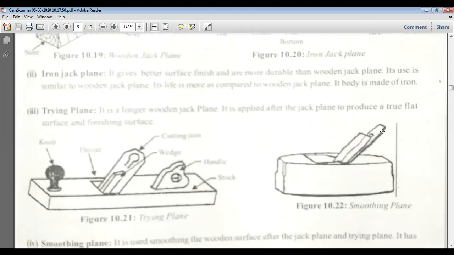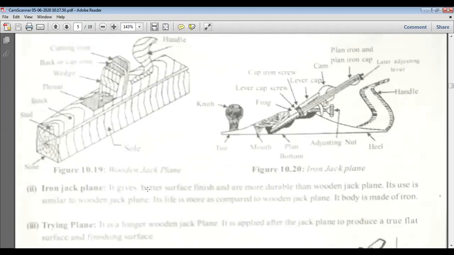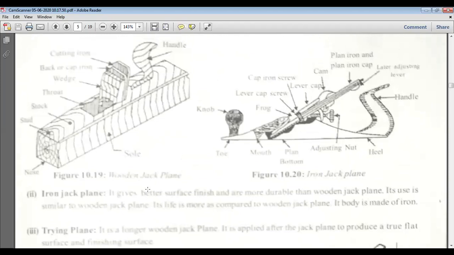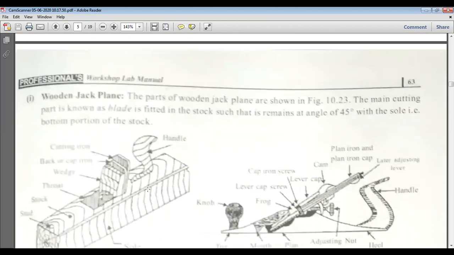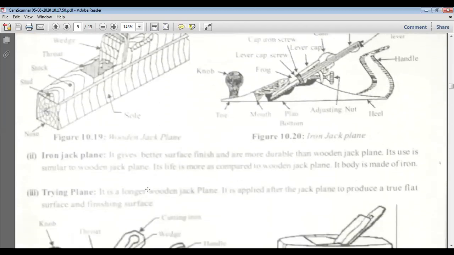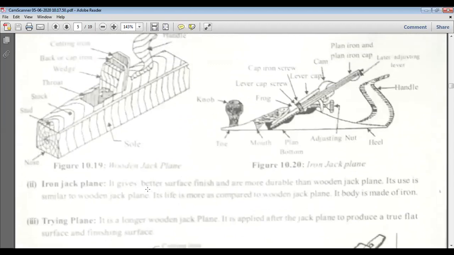Then there are the drying plane and the smoothing plane. The smoothing plane is basically used for very soft wood, whereas the drying plane is used for hard woods. The iron jack plane is also used for soft wood, whereas the wooden jack plane can be applied to any type of wood.